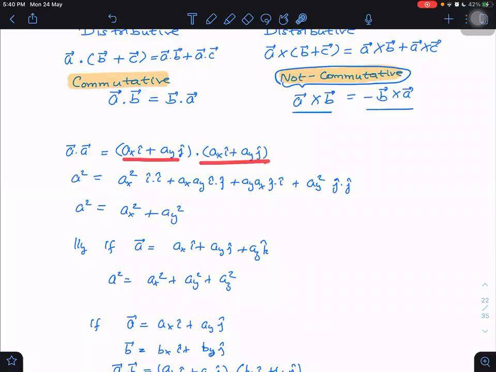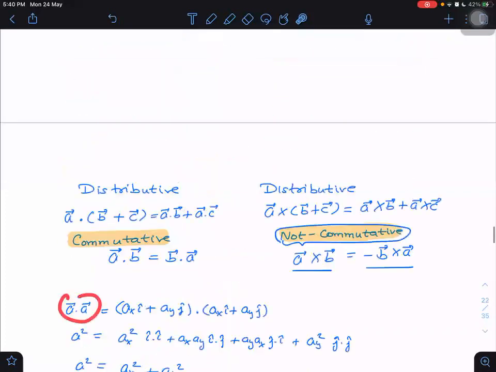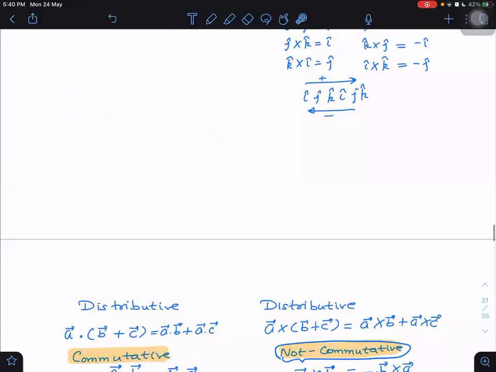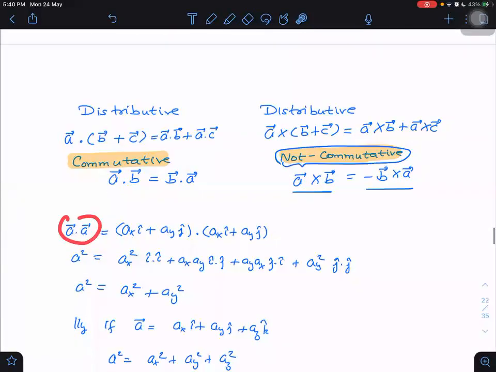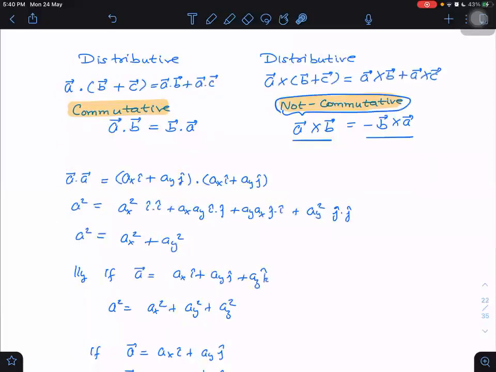Right. What is A dot A? If I take the dot product of two, let us say I have written A with components AX i. What is the difference between this A dot A and the A dot A I took before? Before I was using the direct formula of dot product of two vectors in which the magnitude of the vector was given. But if magnitude is not given, but components are given, then how to take? Then we will take like this. First component into first component, AX square, and I dot I. Then AX into AY, then I dot J. Means multiply the vectors separately. I dot J, J dot I, J dot J. What do we get at last?